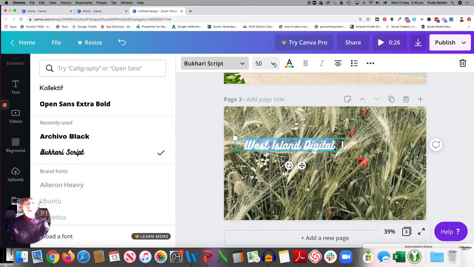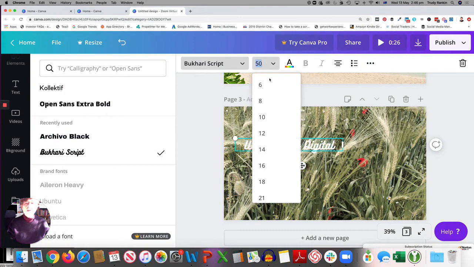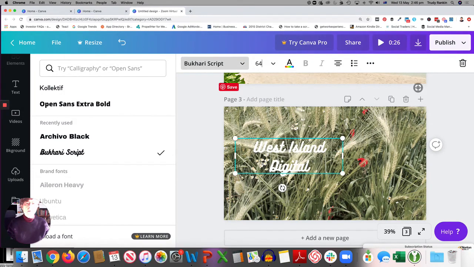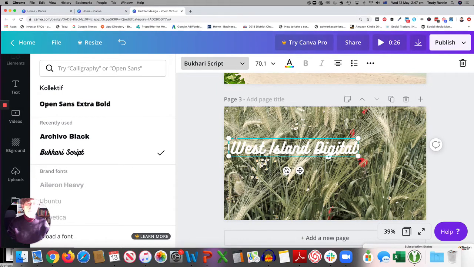You can also change the size of the font. You can choose to make it much bigger. So I could make it a little bit bigger, and I could choose to just keep it on one line, or I could make it smaller. It also will resize if you move it around like this, you can see how this number is changing here. You can just click and drag it, and it will resize for you automatically as you try to make it fit into a space.